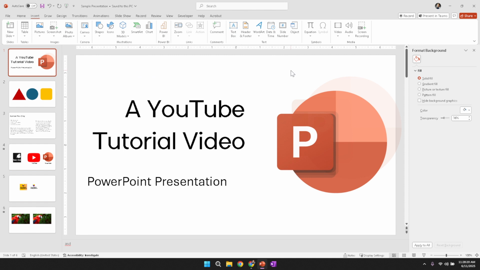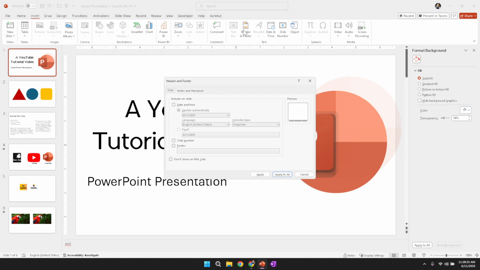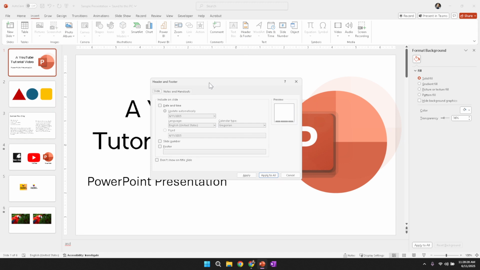Within the Insert tab, you will notice an option specifically labelled Header and Footer. Selecting this option will open a window that displays several choices for adding information to your slides. In this new window, focus on finding the section that deals with slide formatting and details. It is within this section that you will discover options for including dynamic date and time information as well as